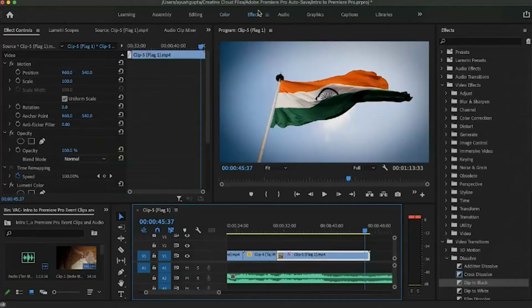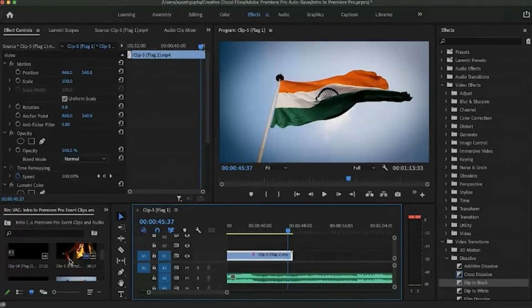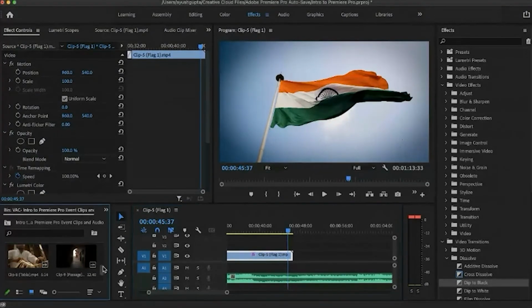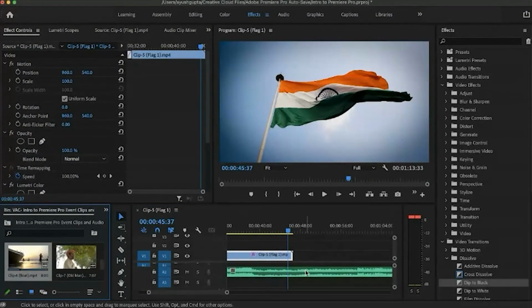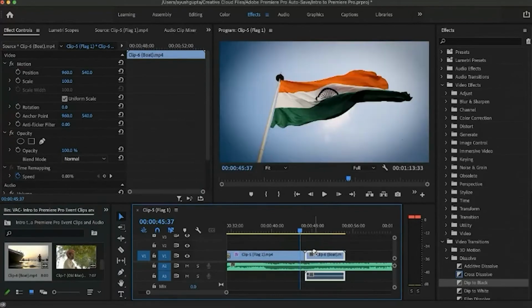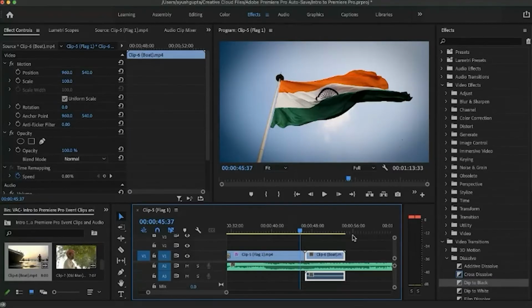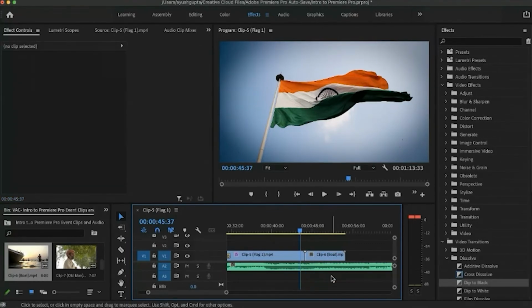I'll go back to the effects control panel, and then I'll drag the boat clip, clip number 6, onto the project. I'll remove the audio part by unlinking the video and audio, selecting the audio, and then pressing the delete option.